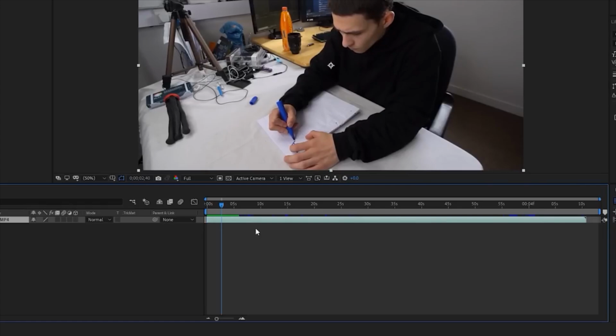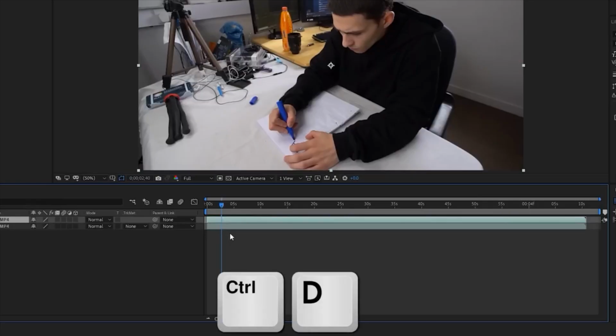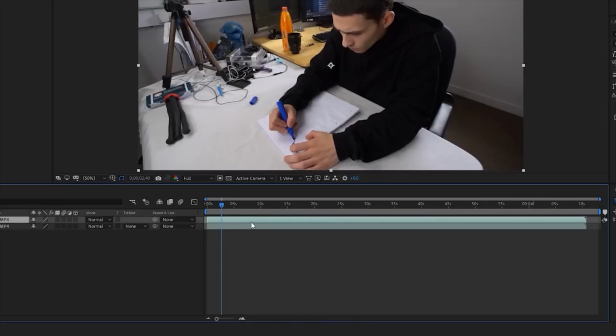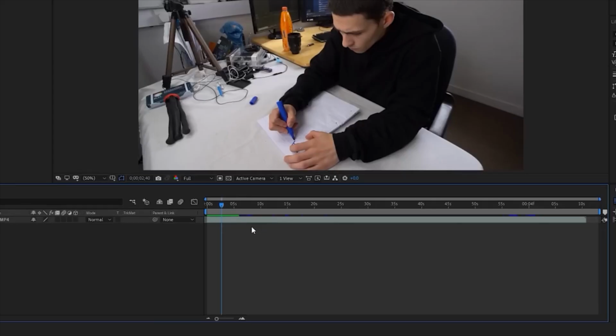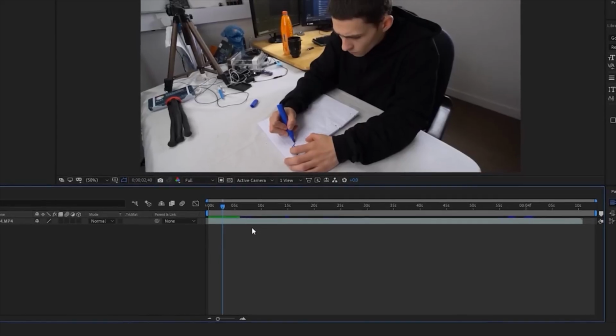Also, if we wanted to duplicate this clip, that would be an extremely simple process. What we could do is press Control-D, and just like that, that literally duplicates the layer. This could be useful, for example, if we wanted to overlay an effect onto the top layer and then maybe fade it out into the next layers, or to the layer below, which might not have the effect, creating sort of a fade out illusion. And that's pretty cool indeed. Now, if we go ahead and delete that,